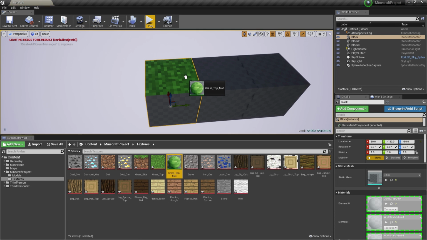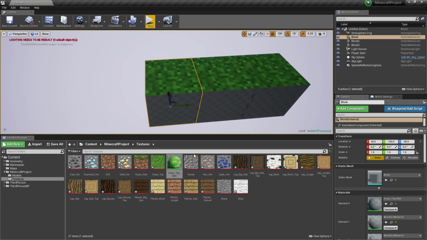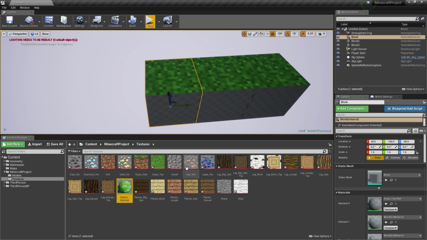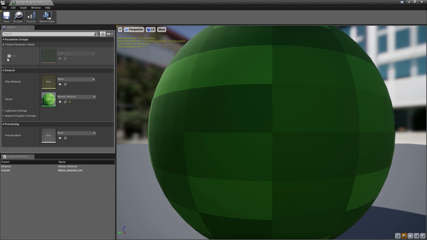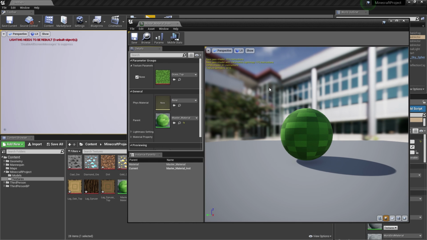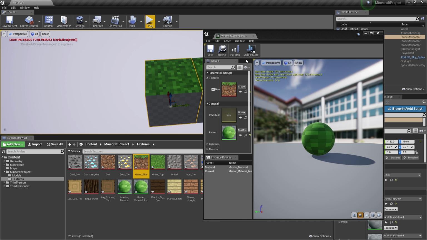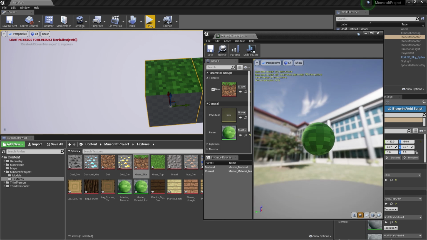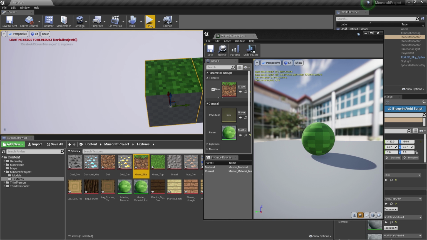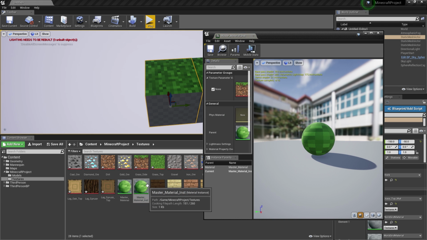What I can now do is apply this to our models here, but if we want to make many materials quickly, we can use this master material that I just made. Let's name it master material and create a couple of instances of it, because if I do an instance of this, I will get the ability to add my own texture on top of here to replace this one right here. So I could use the grass side in this example, and that should be replacing this texture here with the grass side. Just go ahead and save. Let's look at the material instance here again,